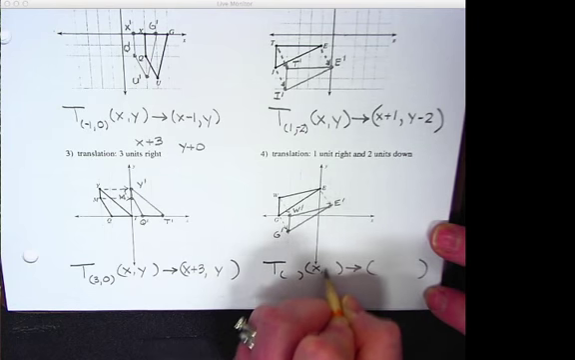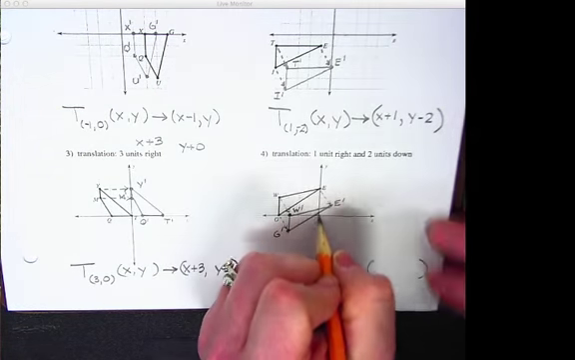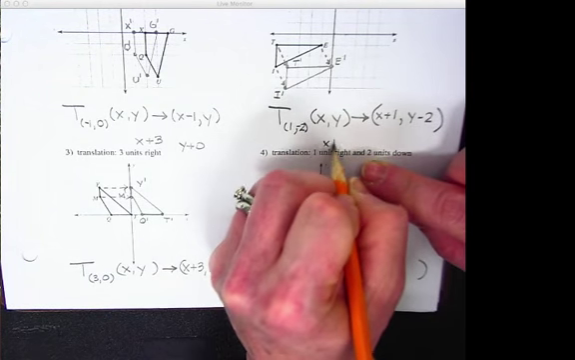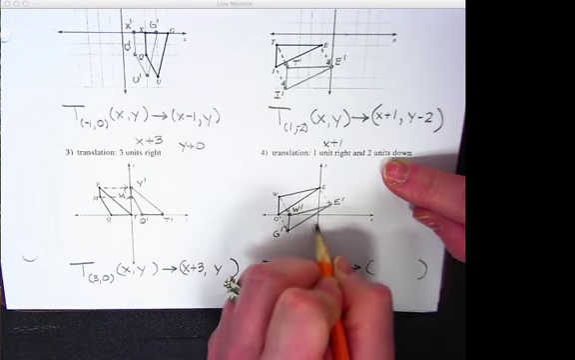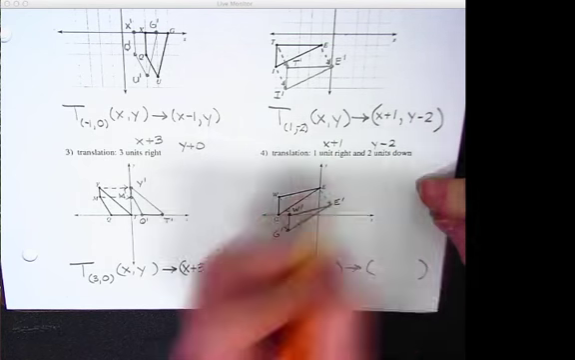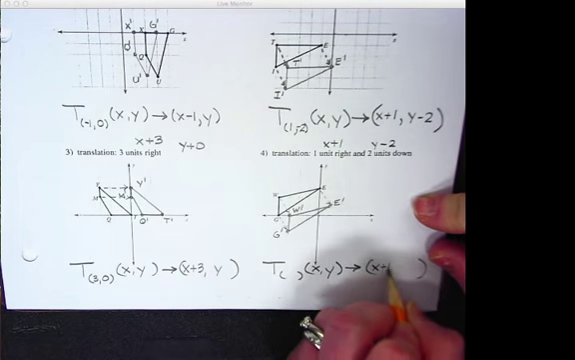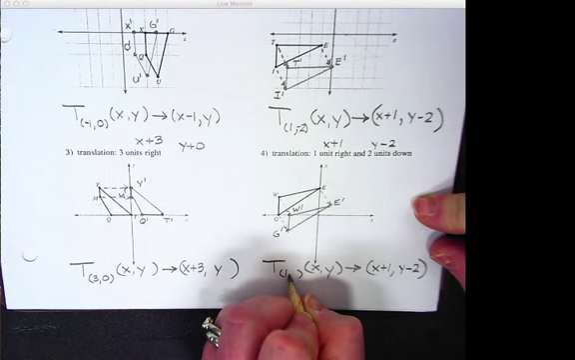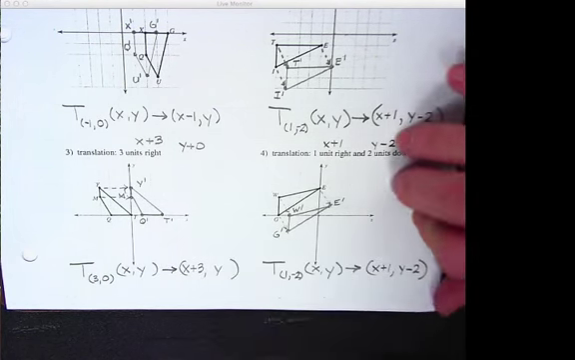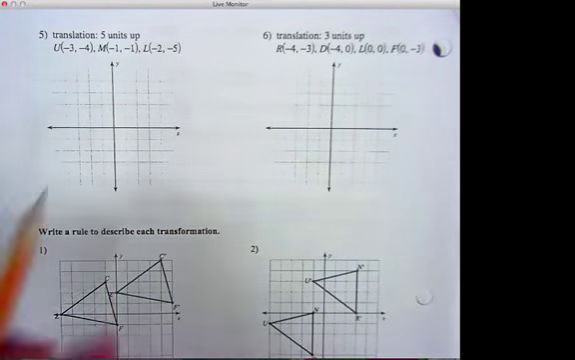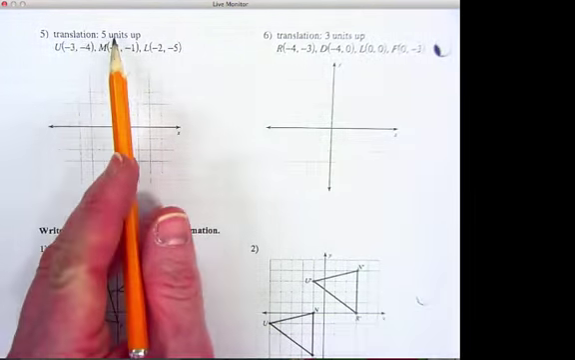Okay, for any x, y, I start at the origin. I go 1 unit right. So that means x plus 1. And 2 units down. So that's y minus 2. x plus 1 and y minus 2. So here I'm going to do 1 comma -2. Okay, flip. So for number 5, what we're going to have to do is it says translate this 5 units